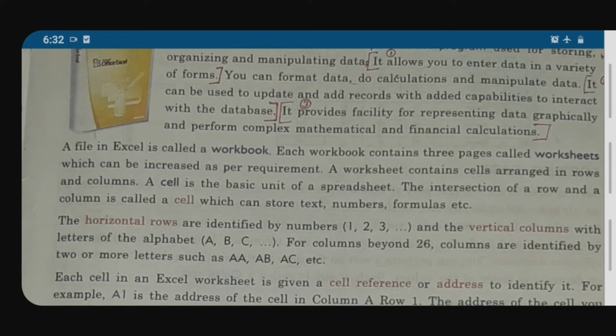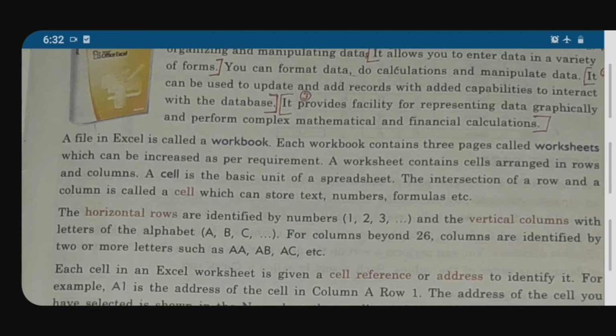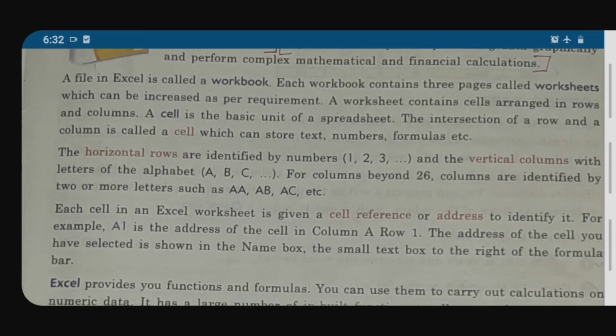So in this way, horizontal 1, 2, 3 and vertical A, B, C will be shown, and with the help of this horizontal row and vertical column, the box that appears is called a cell. Each cell in an Excel worksheet is given a cell reference or address to identify it.